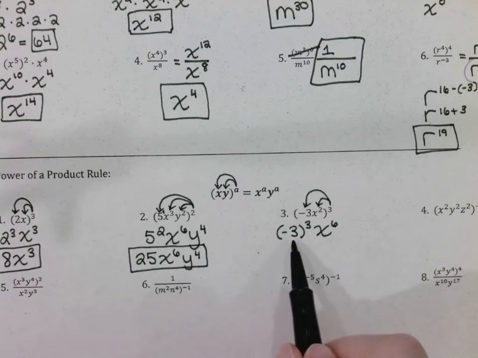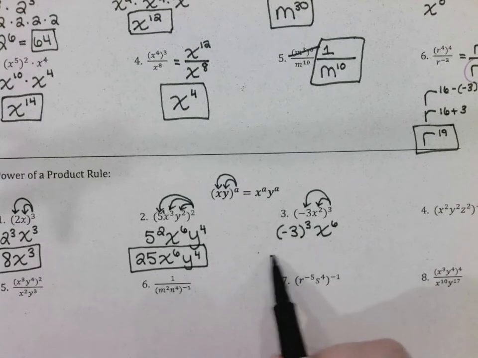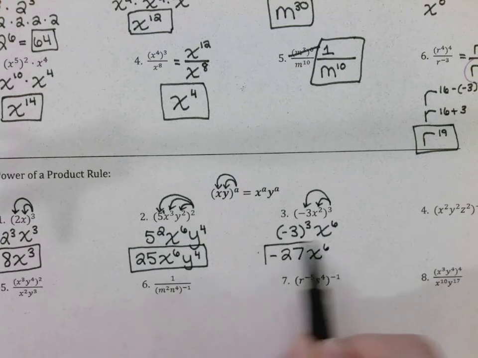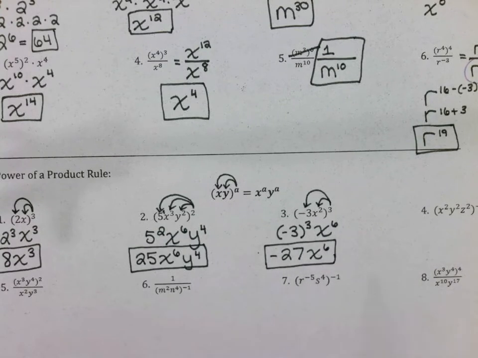So negative 3 times negative 3 is positive 9. Positive 9 times negative 3 is negative 27. You may have to think about that one for a second. And then I'll bring down my x to the 6th. Okay,